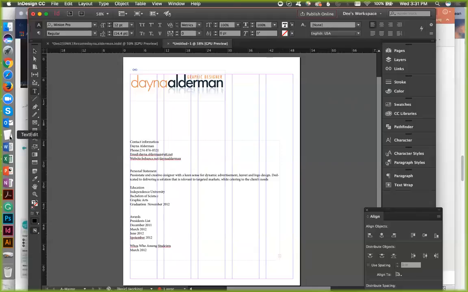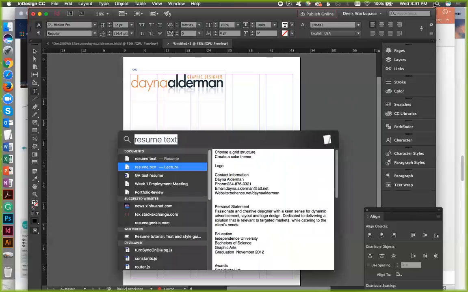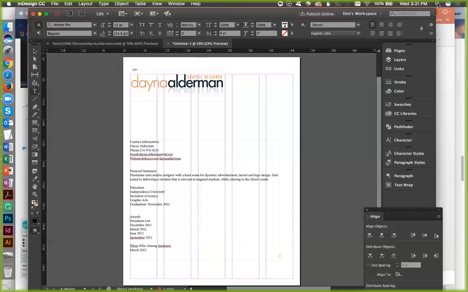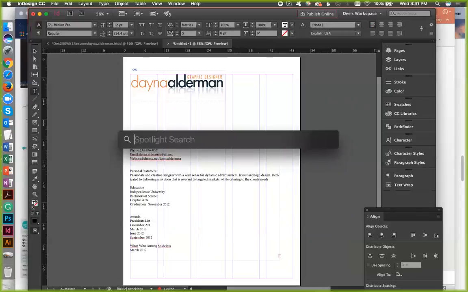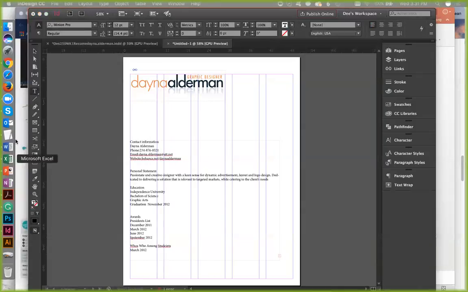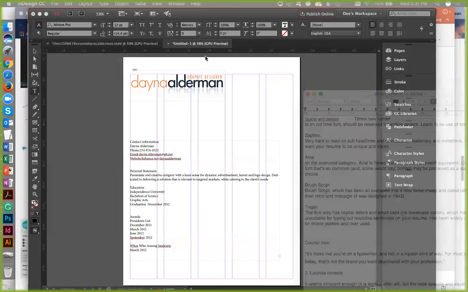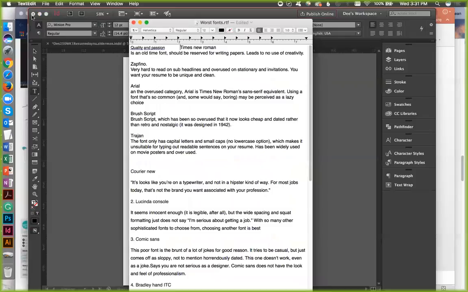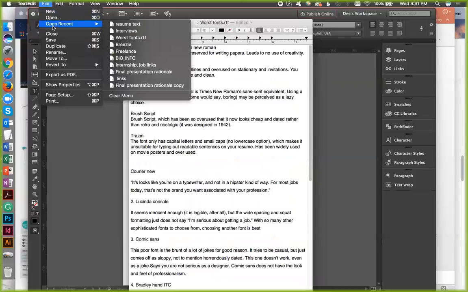Now, that is called TextEdit. If you've never used it, come up here to the top to your, I call it a spyglass, it is your Spotlight search, okay? Just type in TextEdit. When you type in TextEdit, it'll come up in this menu, and then you just double click on it. When you double click on it, it will open this for the first time, right? Let me move this over here because it's this right here. And I keep it open because I don't want to forget to put it in the announcements for you guys.